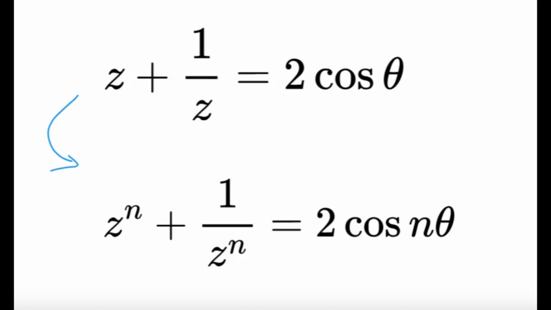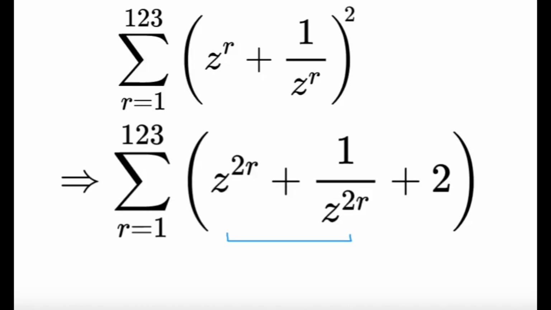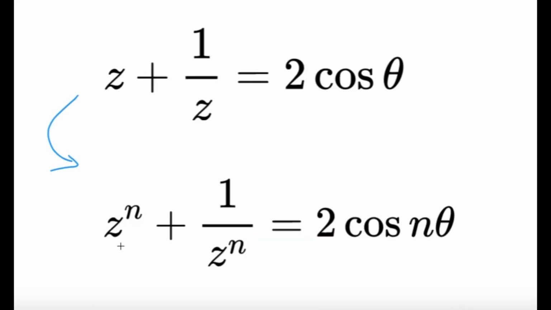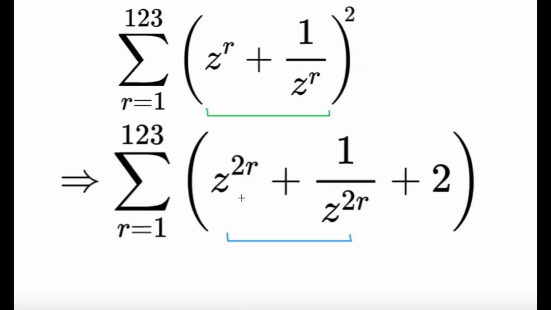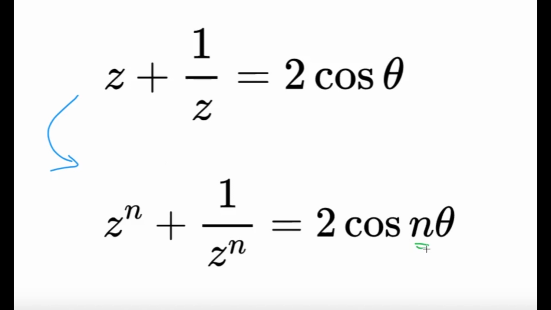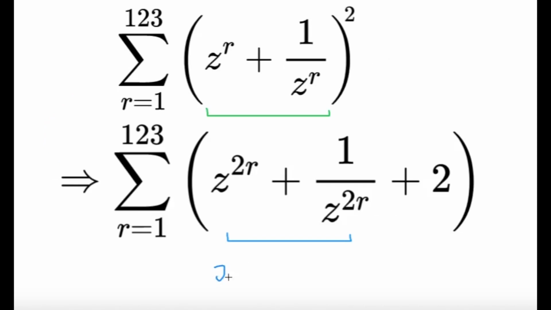So we're going to use this in evaluating our sum. That's the sum to be evaluated. Now we can simply expand the part since we have z raised to r plus 1 over z raised to r quantity squared, and we expand that and reach this point. Since in the previous slide we know that z raised to n plus 1 over z raised to n equals 2 cosine n theta, z raised to 2r plus 1 over z raised to 2r, I can just replace the n here by 2r. I can express this as 2 cosine